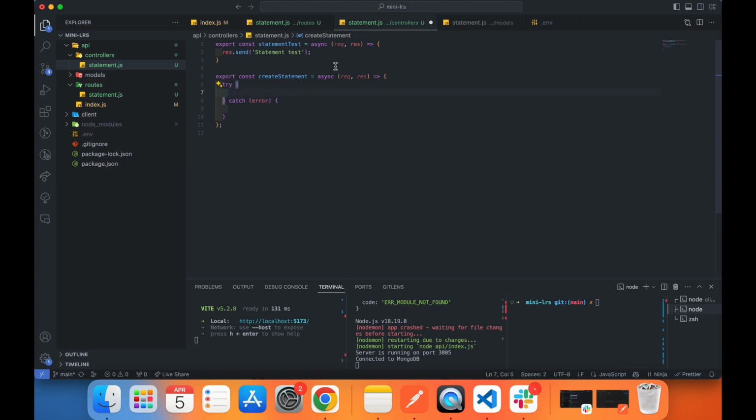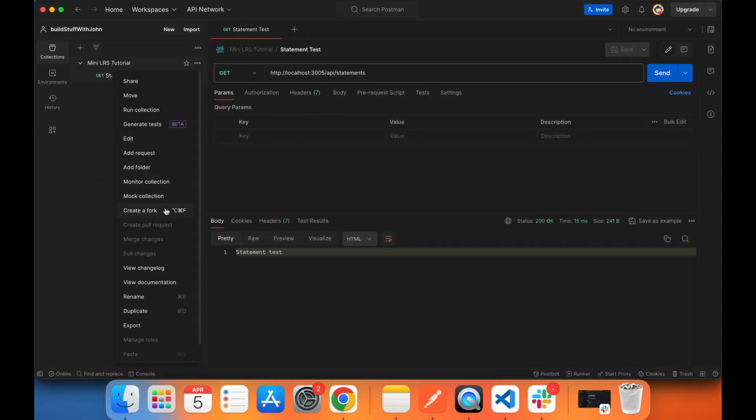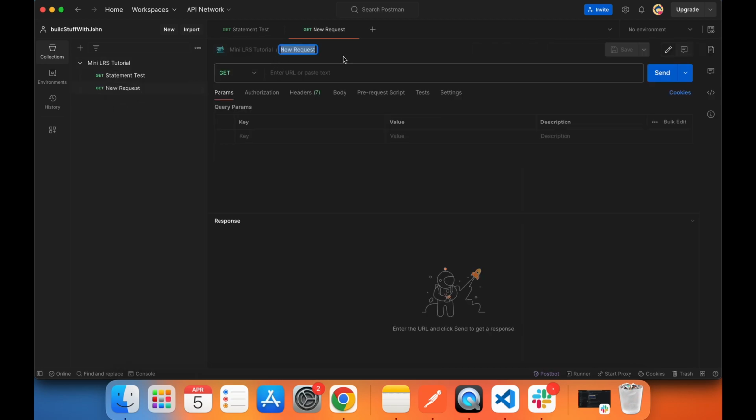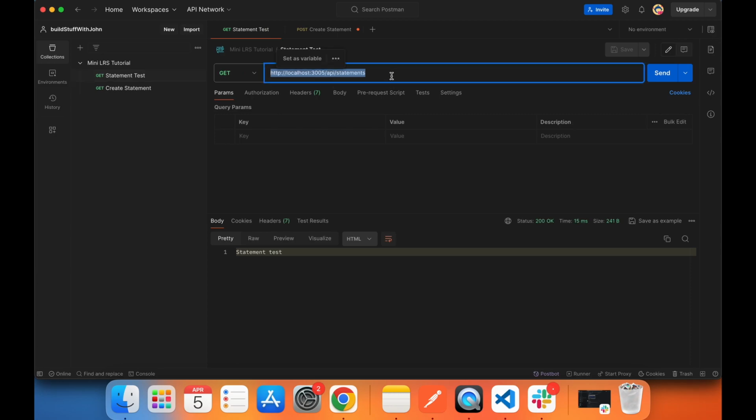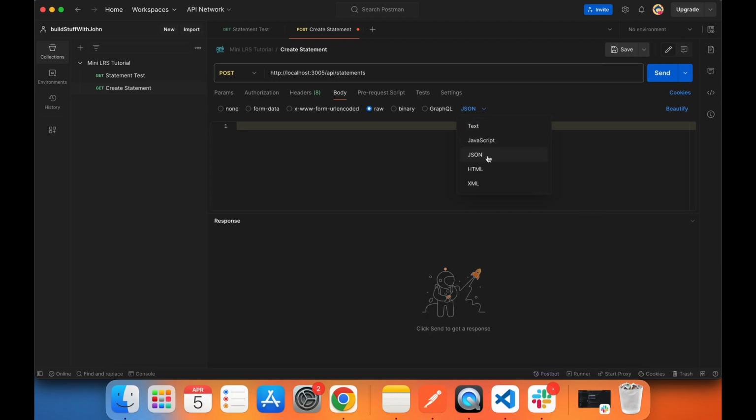The first thing we want to do, because this is a post statement, is to have a request. If we start building this here, it'll be easy to understand. Create statement. This is going to be a post request. It's going to be the same route as here, and we are actually going to send some JSON in the request. You can click here, raw, and JSON is the one you want